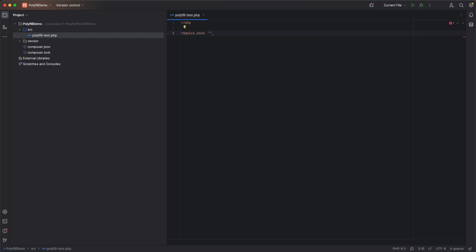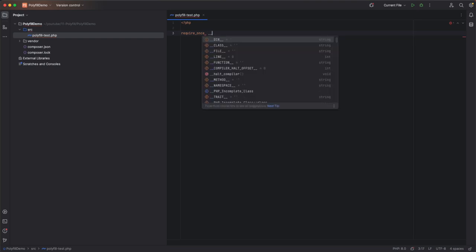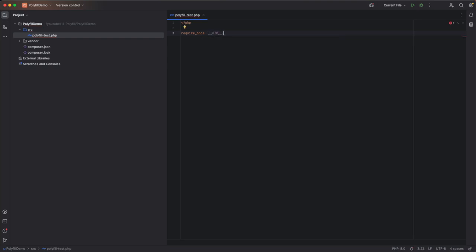composer autoload, so current directory, and then vendor, and then autoload.php. That way we guarantee that all of our components that will be downloaded by composer are required and we can use them. Then I'm going to create a very simple script that will do an if str_starts_with